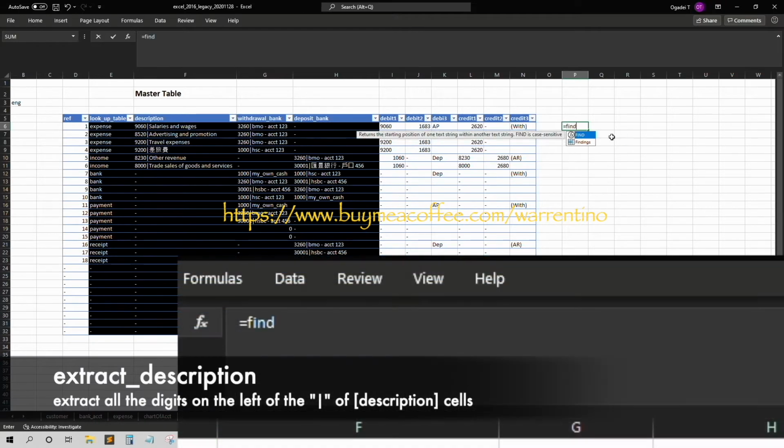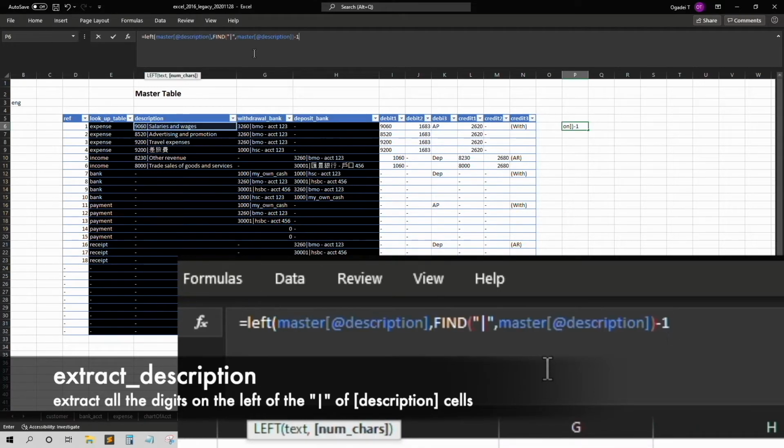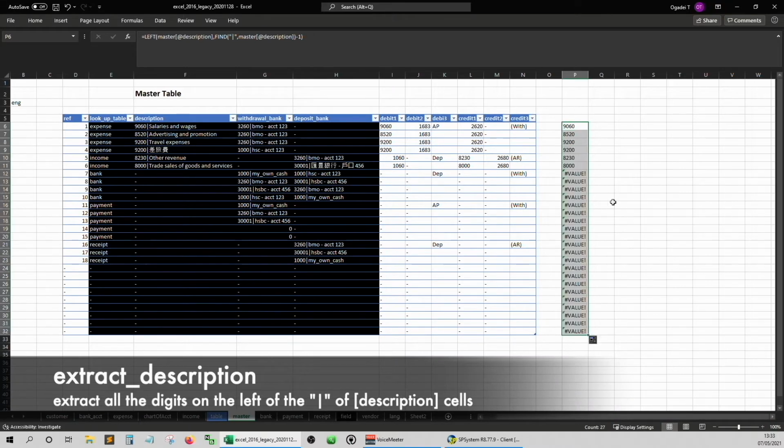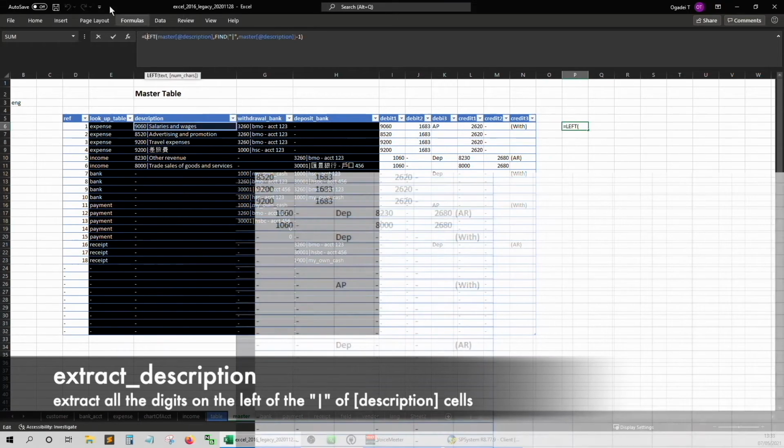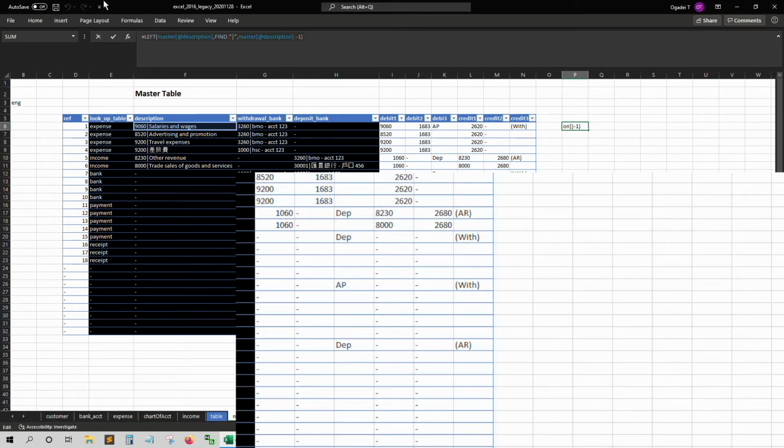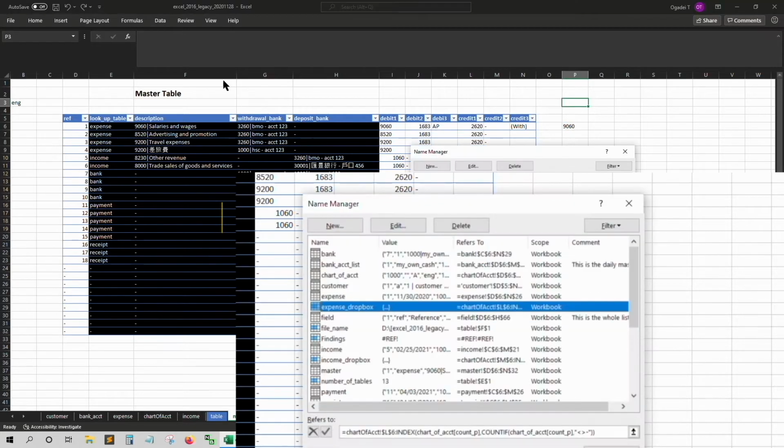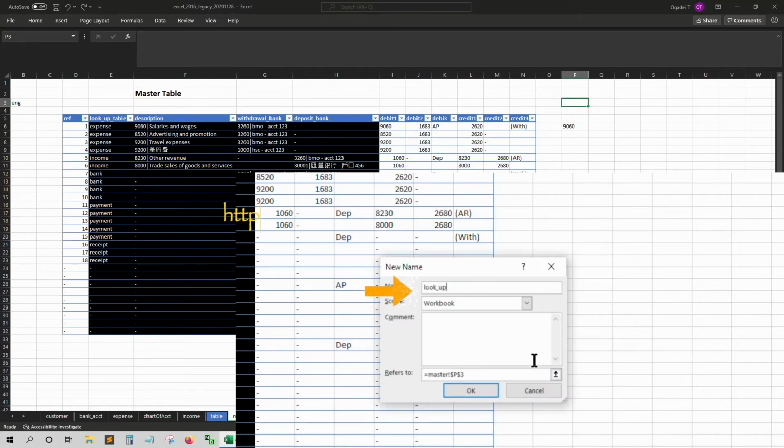Here you see me use the find and left formula to extract the GL account number under the description column. I simply copy this formula and save it to the name extract description.